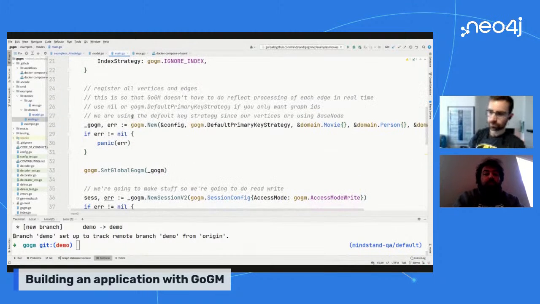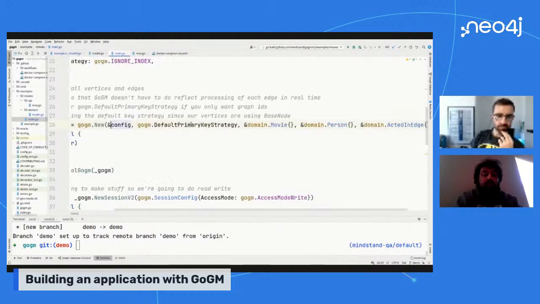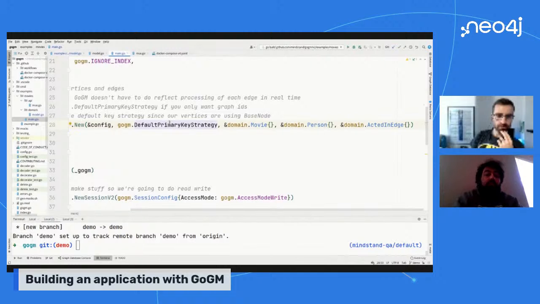So to recap, when you initialize Gogem, you have to give a config, your primary key strategy, and pointers to each node or edge you want it to work with. So here we're calling Gogem.new, passing in the configuration and the default primary key strategy. You could also pass null here, but just to be more explicit, I'm passing in default.